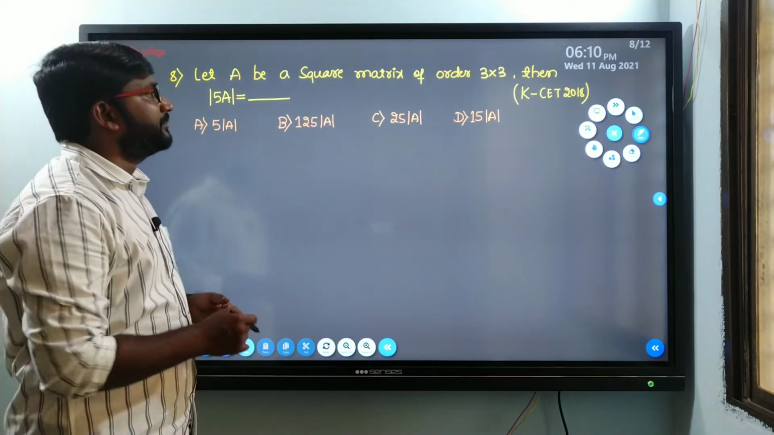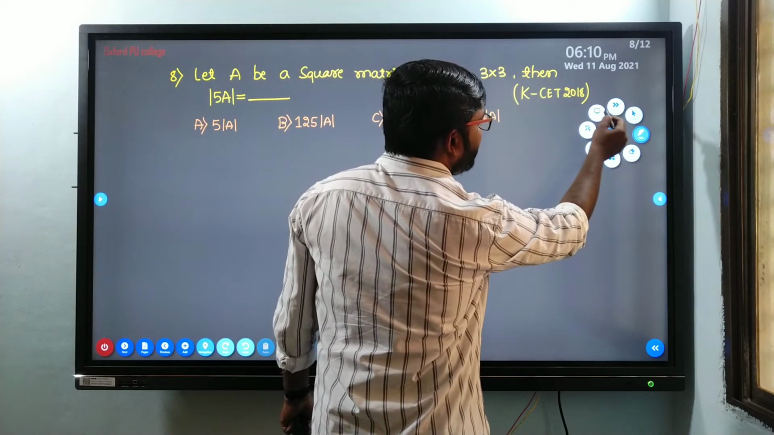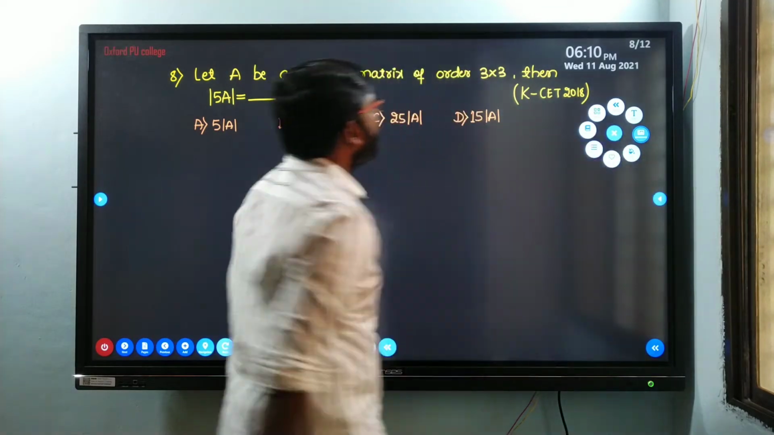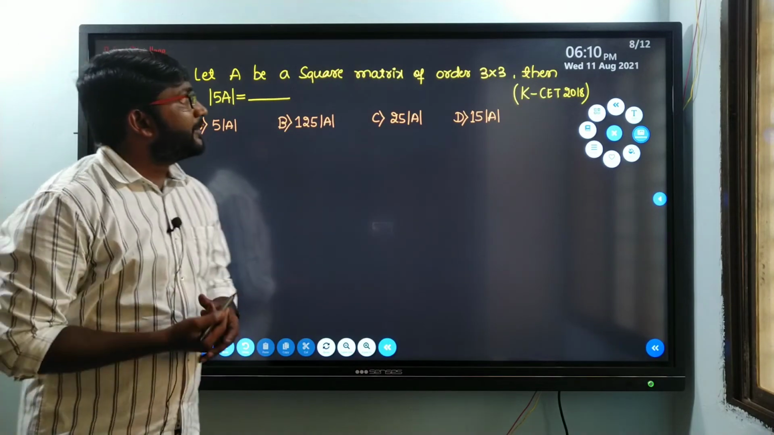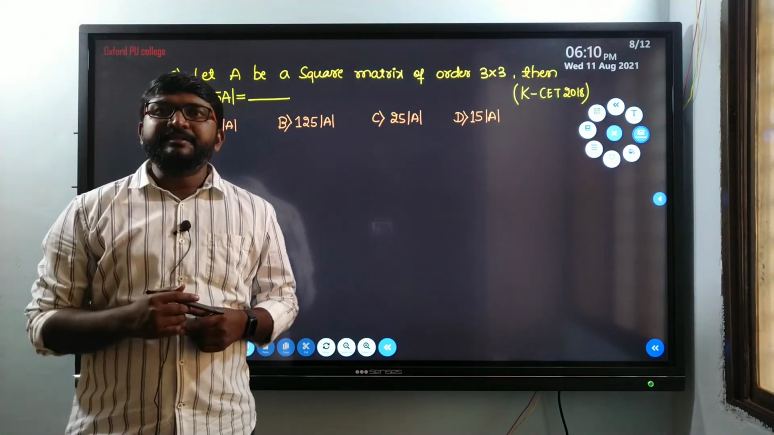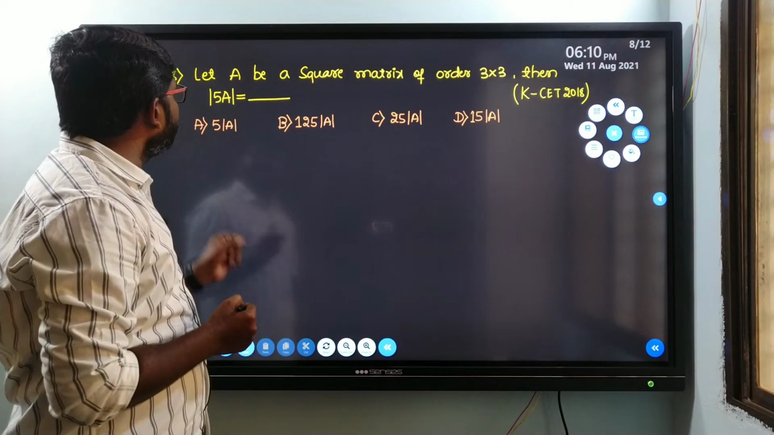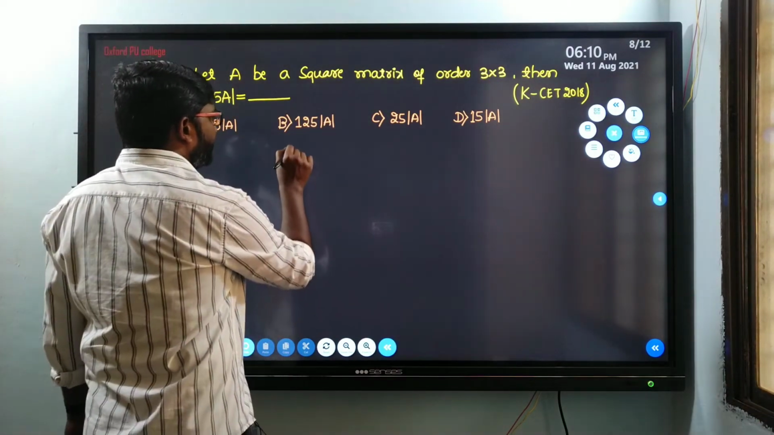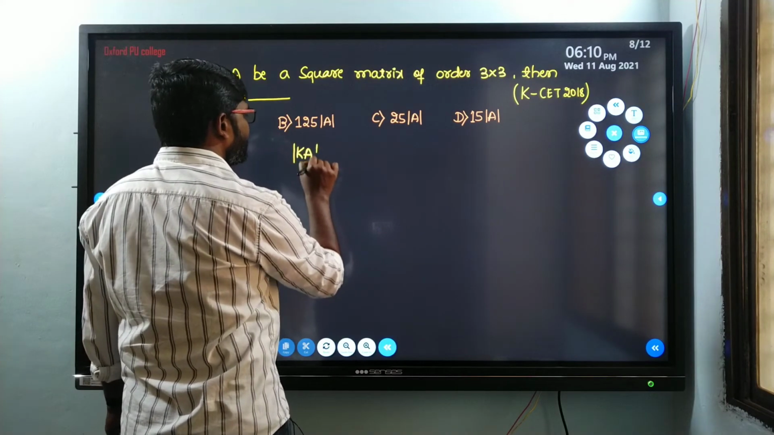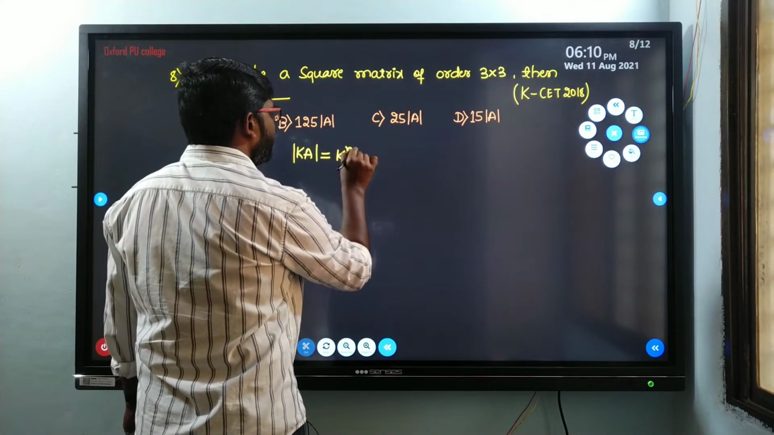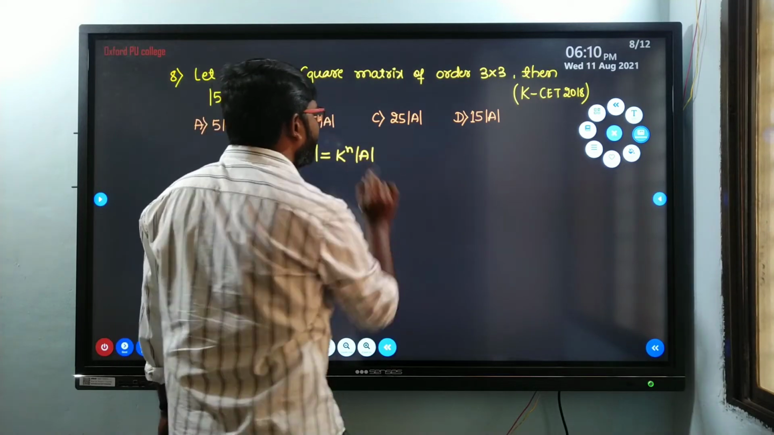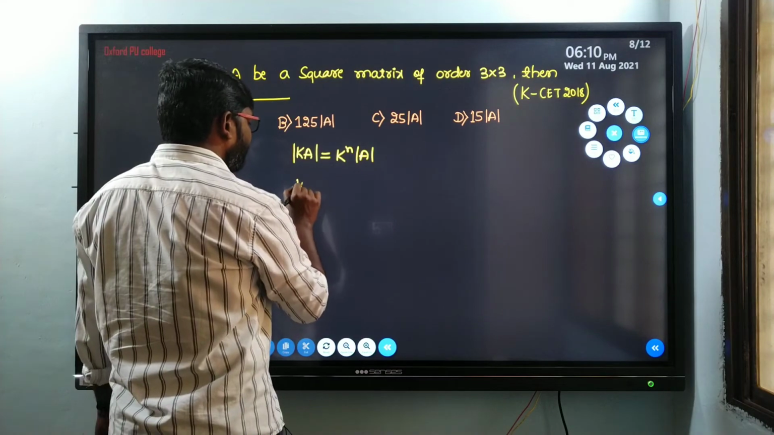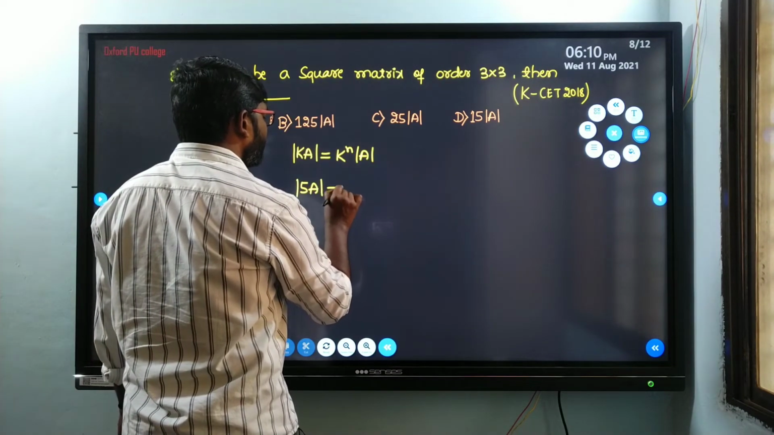Let me take up question number 8. Let A be a square matrix of order 3 by 3. Then the determinant of 5A, we have a standard property: determinant of kA equals k raised to n into determinant of A, where n is the order of the matrix. So now we want det 5A, which is equal to 5